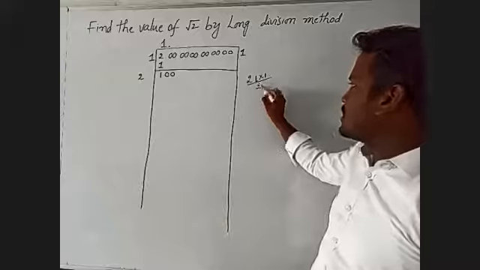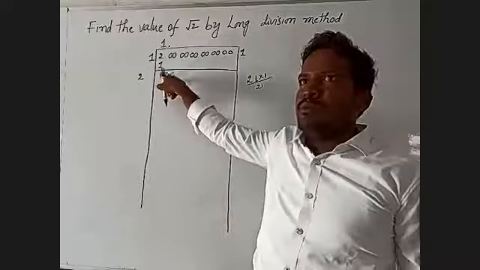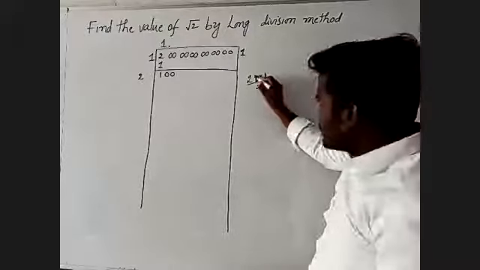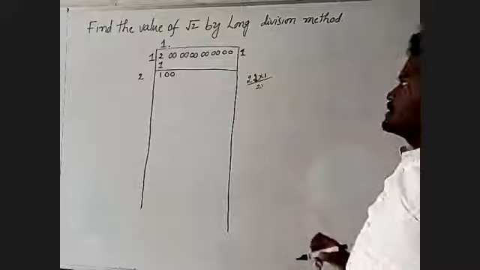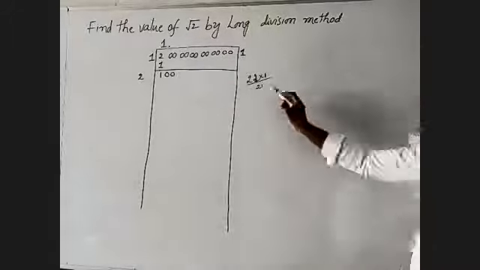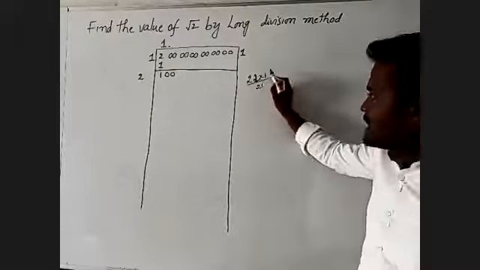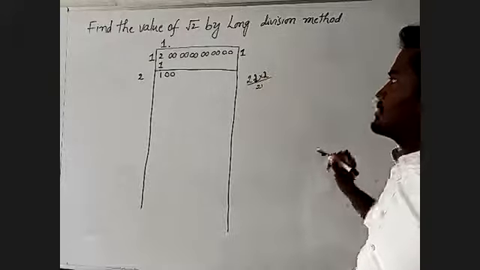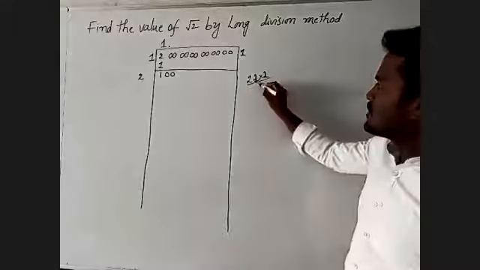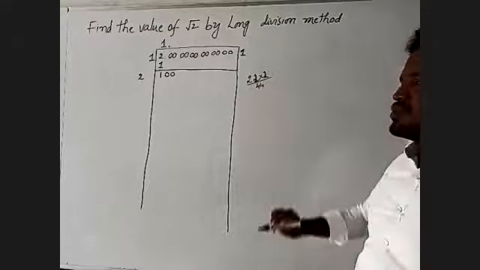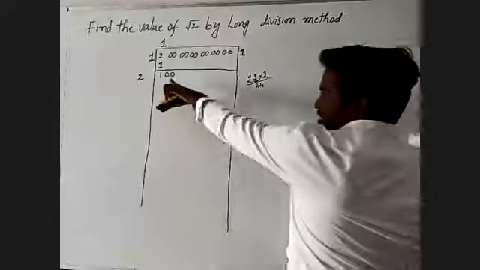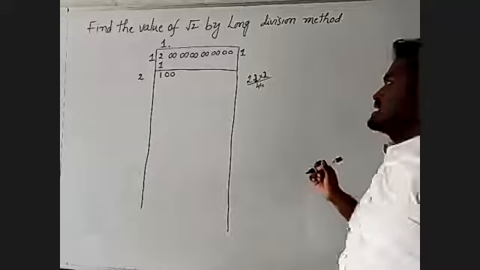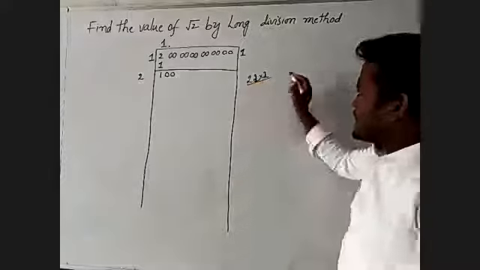21 becomes 21. There is a more number. That more number is 100. After that we have to take 2. Here we have to take 2. 22. Here we have to take the value 22, meaning the last digit is 2, so we have to multiply by only 2. That becomes 22 into 2, 44. We have to take 44. This given number is 100. It is more than so many digits. We have to take this given number is 3.